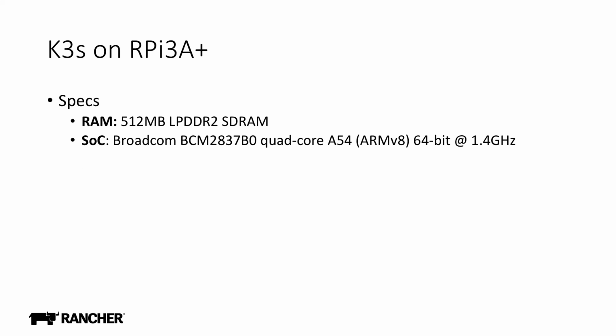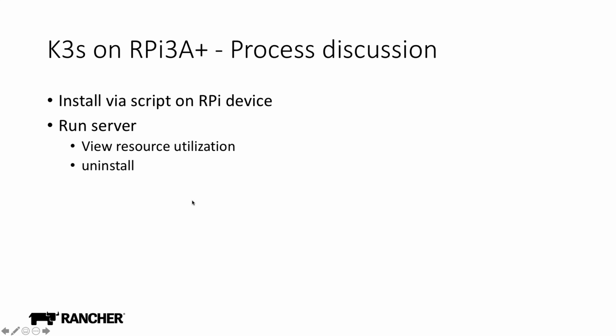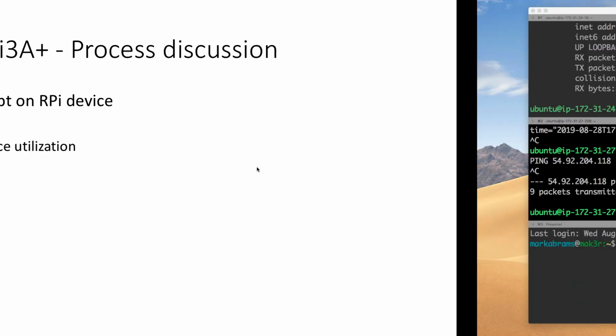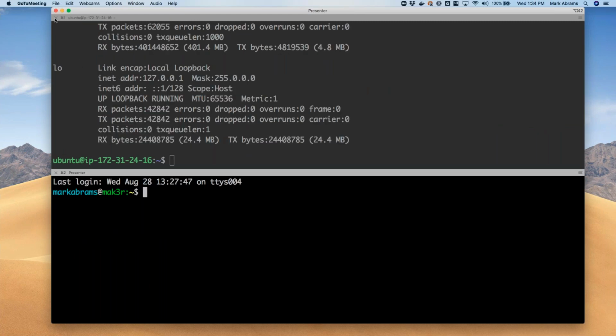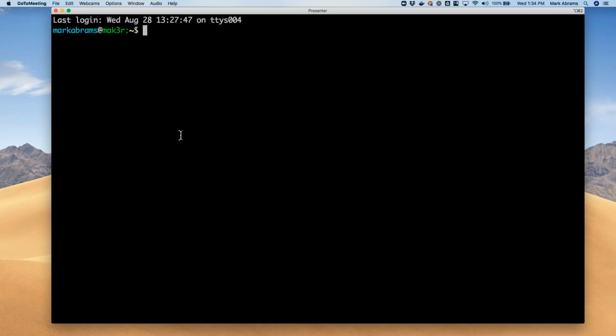So I'm gonna run it here, and this device is actually here with me in my office. So the process is going to be I'm going to install via the script on that Raspberry Pi device. And then we'll run the server, we'll do some stuff to view the resource utilization, and then we can uninstall it and go on from there. So let's clear out this one and this one. And we'll do